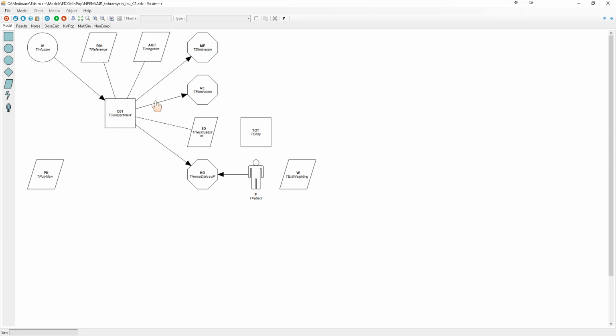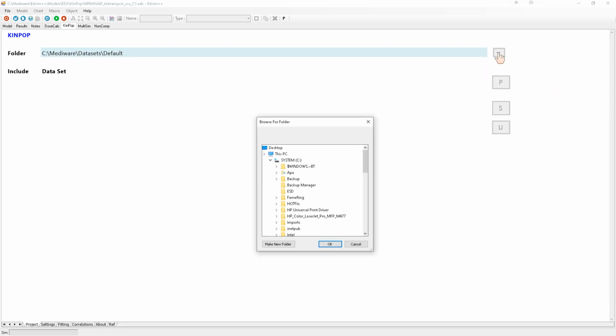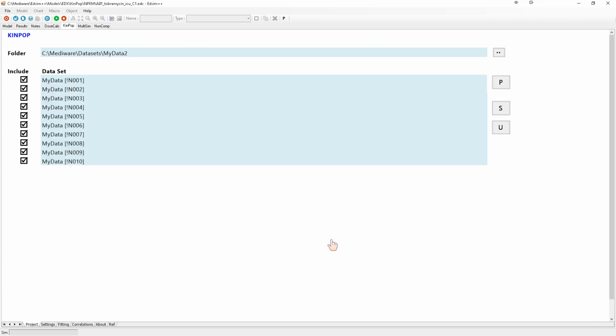So it looks very familiar, but some of the parameters are already set. And now I can go to KinPop. I can select the proper project directory again. So that was My Data 2. And you see the data appears already. And in this moment, I can already select or deselect patients into this data set if I want to. Now, before I continue, I have to tell a little bit about the different parameter types